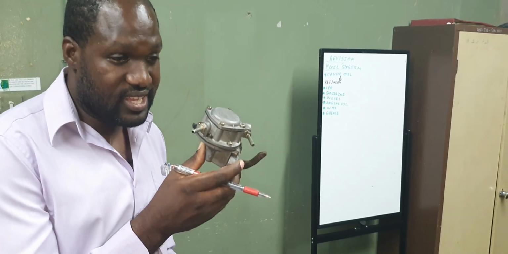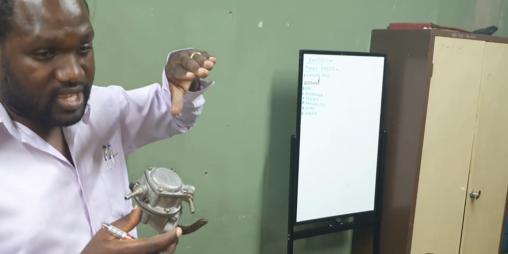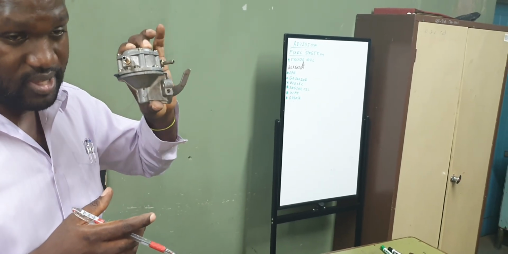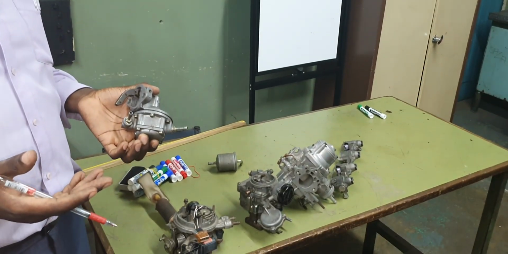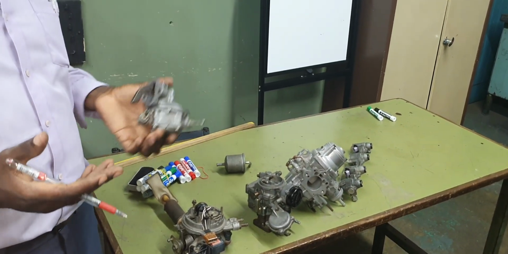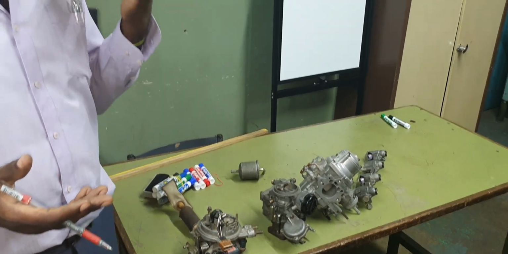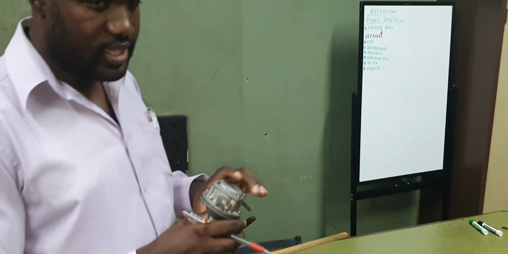We work on the GDI and the common rail, where high pressure is produced, driven by the camshaft too. So we have to know what we are talking about. Because if you don't know the things, you can't buy parts. You go online and buy the wrong thing, and when you come, you can't fit it. So we have to know the correct name of each thing. So the diaphragm mechanical pump is